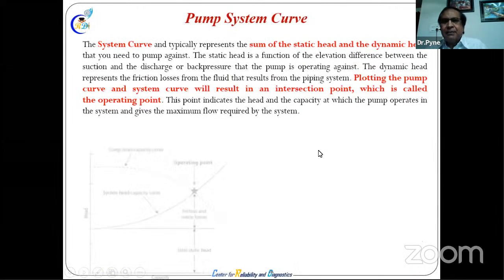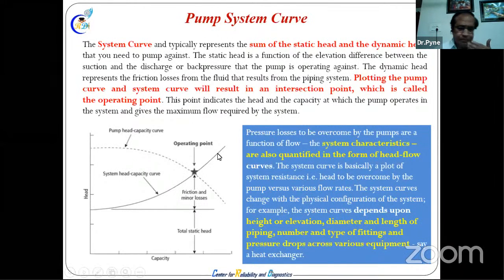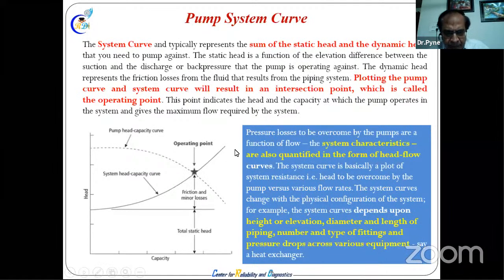So in system curve, that already I have told you, these are the two things. System curve. This part. If this curve, system curve, sorry, this system curve, head Q curve, system curve is also head Q curve. Look at the first one, look at the one to two on the mobile. Mute yourself.